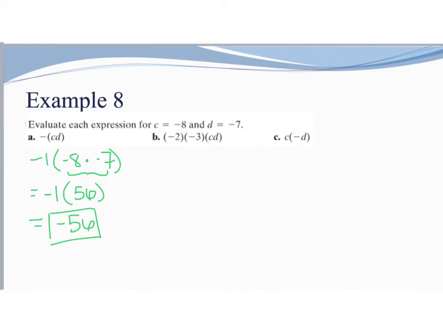For part B, I have negative 2 times negative 3 times CD. Well, C is a negative 8 times a negative 7. So again, when I do my products, 2 times 3 is 6. A negative times a negative is a positive. So I end up with 6. And negative 8 times a negative 7 is a positive 56. So 6 times 56 is